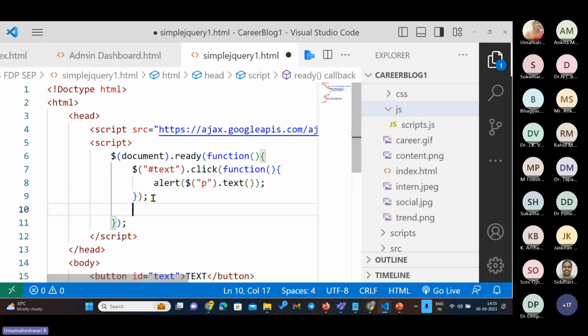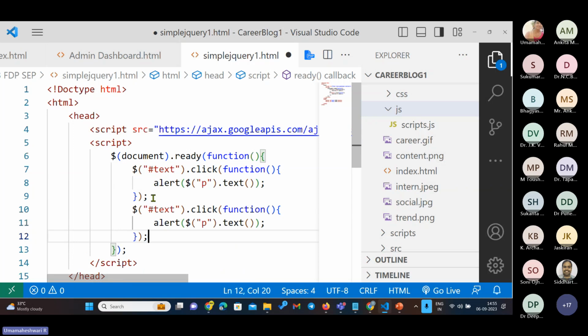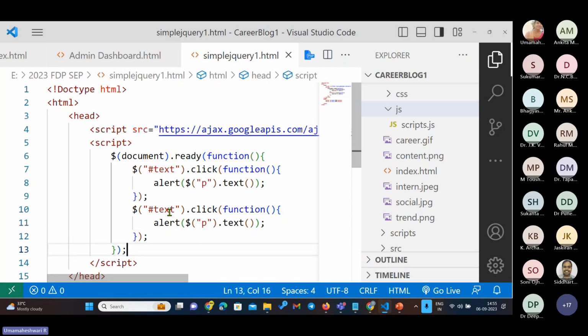So just wait for other, for 10 minutes. Okay, so we'll wind up at 2:05, something like that. So please be connected. So here